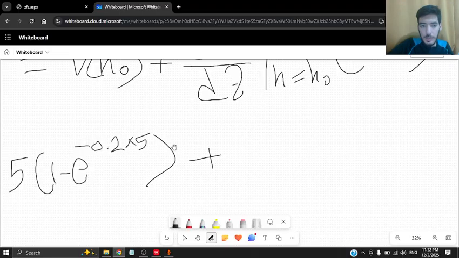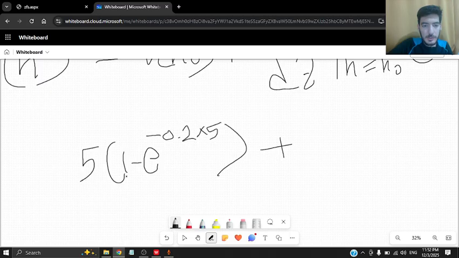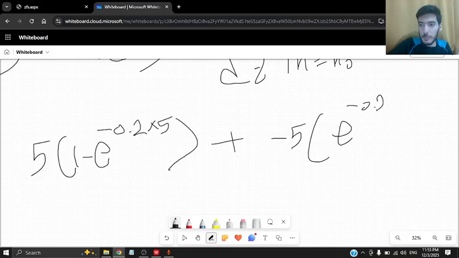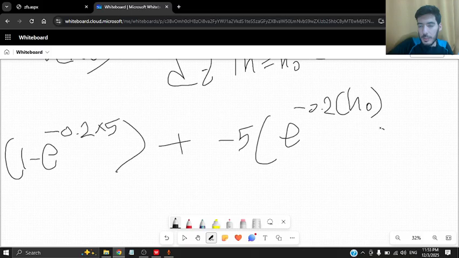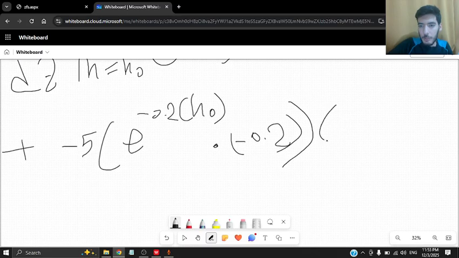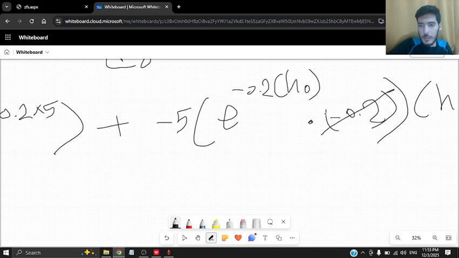And here plus, if I differentiate it, this part here is constant, so it will be 0, and I will have minus 5 multiplied by the differentiation of the exponential, so it will be e to the power negative 0.2 multiplied by h naught, and here I have to multiply it by the differentiation of this part here, so it will be multiplied by minus 0.2, then multiplied by h minus h naught. Now for these two here, they will cancel each other,